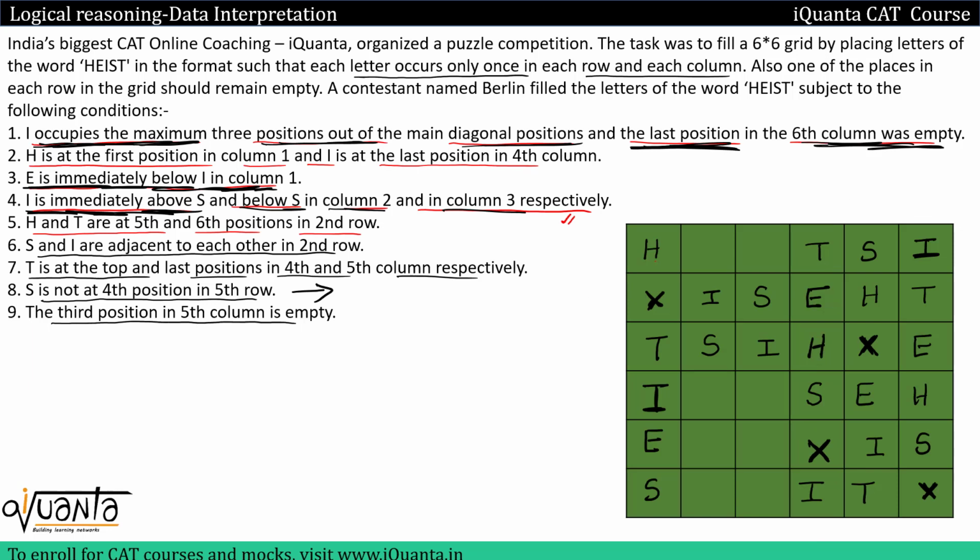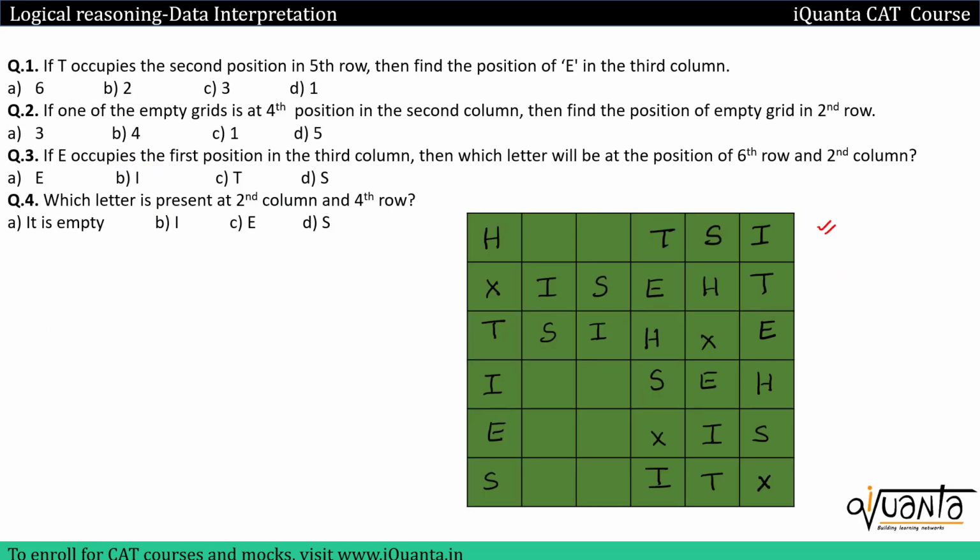Okay, so our table is complete. I mean to say that from the given clues we can put only this much into the table. We have used each and every clue from here, and this is the maximum we can get. So using this table now we can answer the questions. So this is our table, we can answer the questions now.